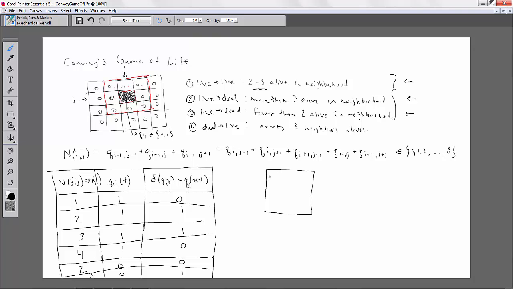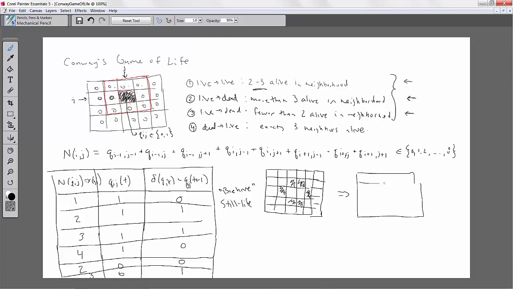that had interesting properties. So for example, one of those that we looked at was called the beehive. Right? So the beehive looked a little like this. It had, draw one more here. So it had 2 that were alive, separated by a row, and then with 2 on the ends. Right? So the beehive is an example of what's called a still life. It means that it doesn't change over time. Right? So if we wanted to propagate this to the next time step,